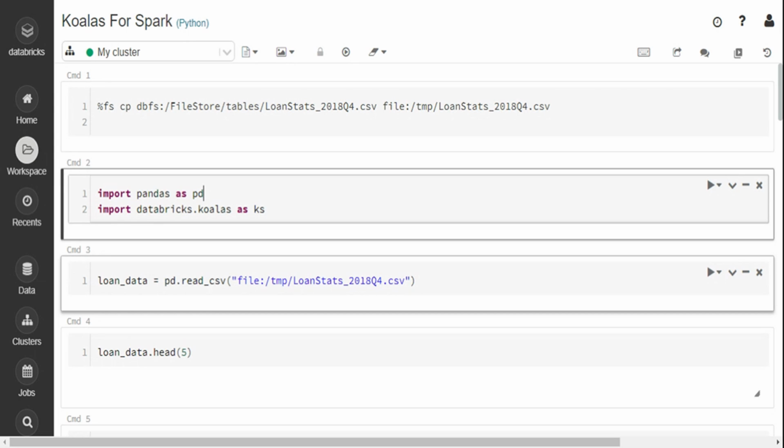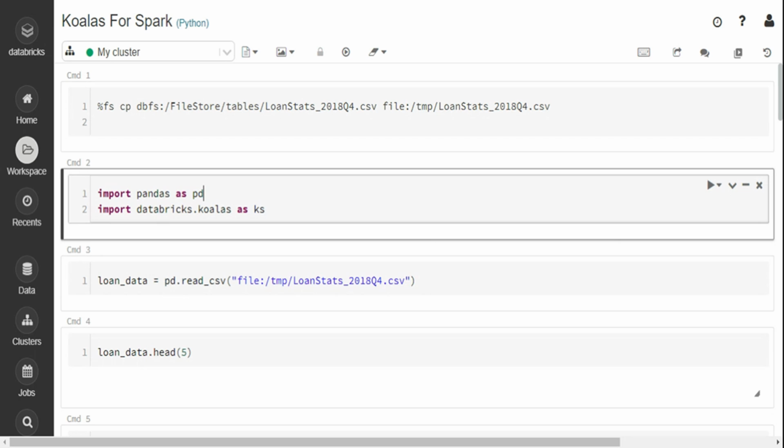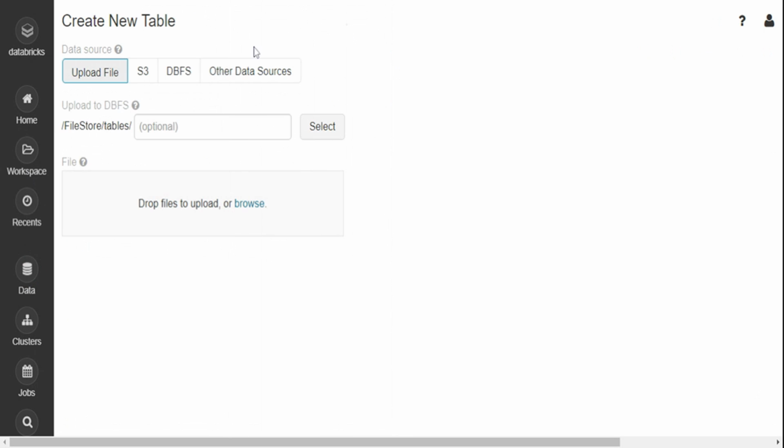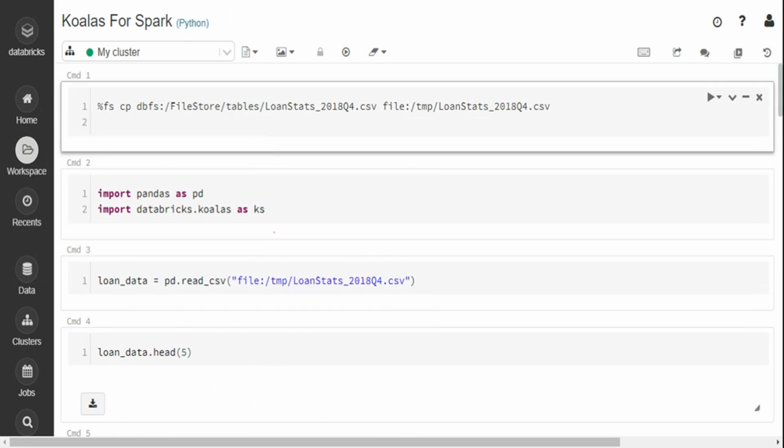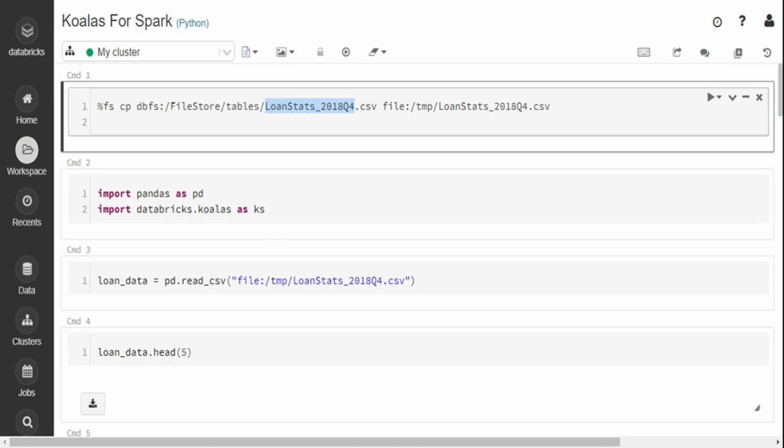I'm going to use the Databricks engine to demo this. So the first thing I'm going to do is use the loan data set, which is nothing but the Lending Club data set that is available on Kaggle. Now I have just taken that and gone to Data and said Add Data and then uploaded the file, and it's already available over in this window, right? So this is the loan data set that is available in a distributed file system, that is the Databricks distributed file system.